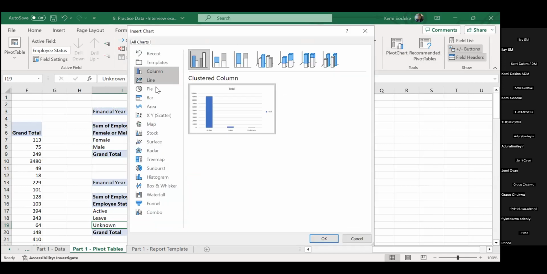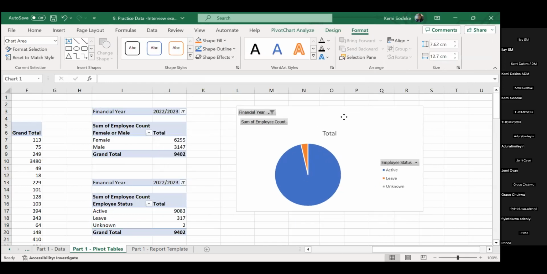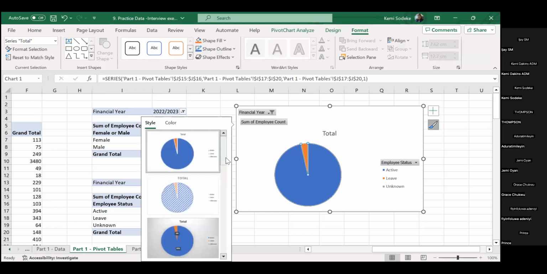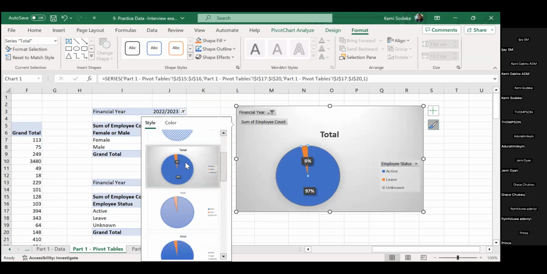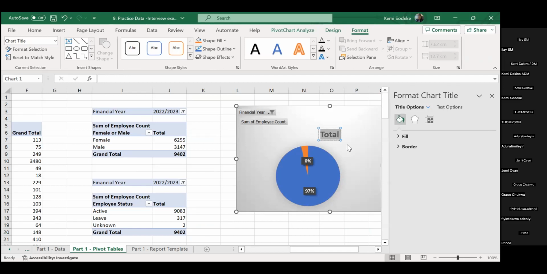And they've asked us for a pie chart, which is this. Okay, so that's what we have. We have our employee status. We have active, which is the majority. We have a few on leave. But to actually show, let's pick another, let's pick the one with the percentage. Yeah. And then we can change this to